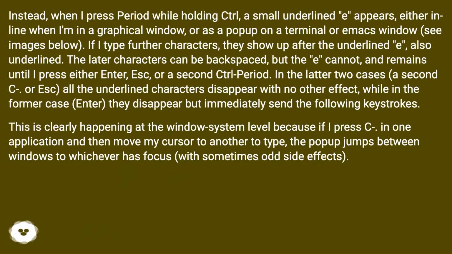Instead, when I press period while holding Ctrl, a small underlined E appears, either in line when I'm in a graphical window, or as a pop-up on a terminal or Emacs window, see images below. If I type further characters, they show up after the underlined E, also underlined. The later characters can be backspaced, but the E cannot, and remains until I press either Enter, Escape, or a